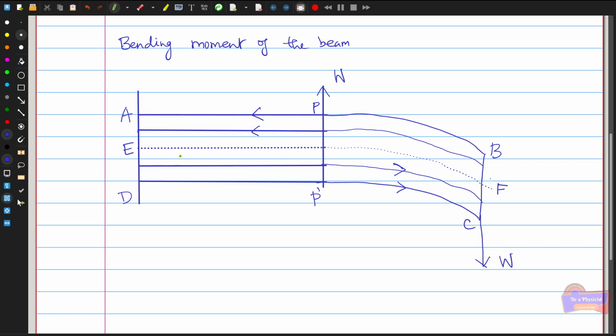Okay. So once you are loading the beam, the total beam is not actually bending. But at some point the beam is rigid, and if you add sufficient load, there is bending only in some very small part of the area. Let us consider this part as P, B, C and P prime, where the bending starts and is cut by one plane, taken as P and P prime. So that is where the bending is happening in the beam.